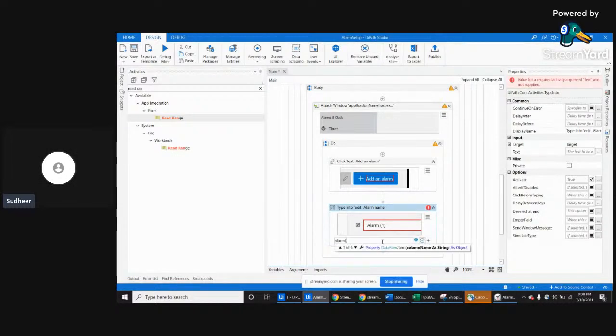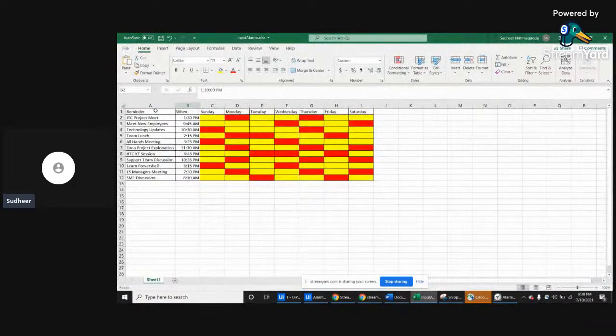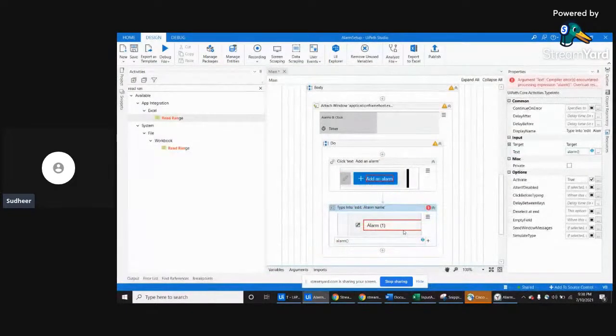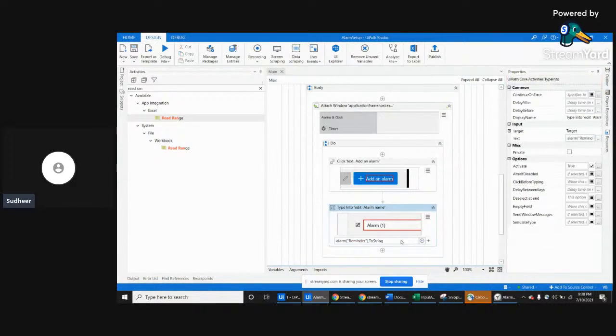alarm of reminder. Alarm of reminder. Okay, so make sure to remove the empty entries, and you can click on the empty before typing. If you want, no delay. Okay, so